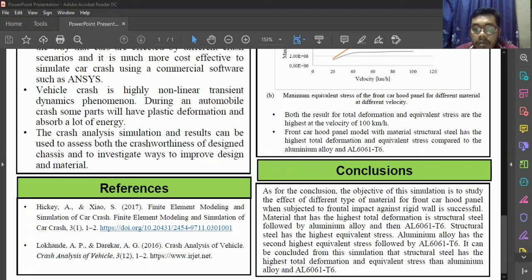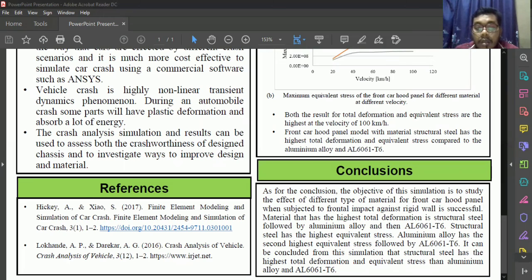The material that has the highest total deformation is structural steel, followed by aluminum alloy and then AL6061T6. Structural steel has the highest equivalent stress. Aluminum alloy has the second highest equivalent stress, followed by AL6061T6 material. It can be concluded from this information that structural steel has the highest total deformation and equivalent stress compared to aluminum alloy and